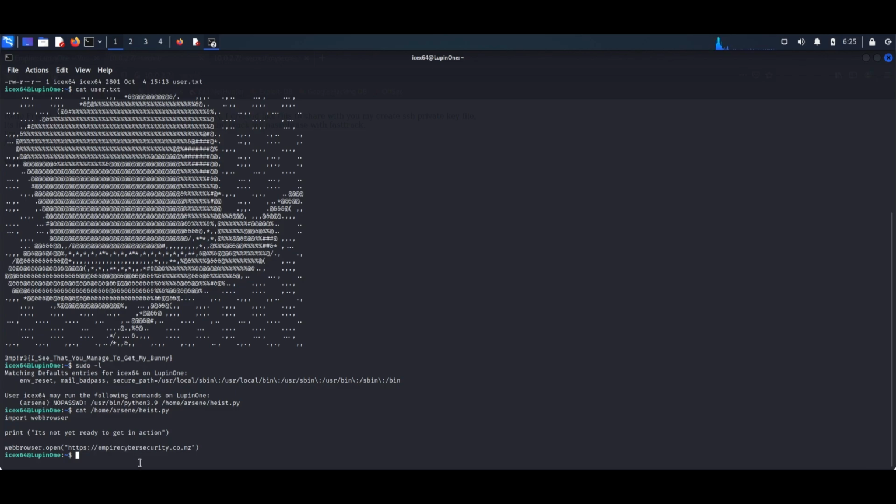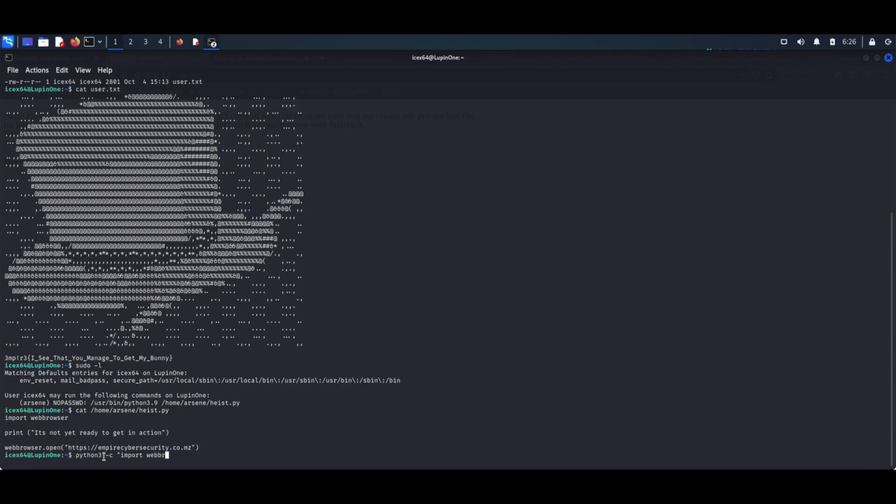So what we do here is let's check where the web browser file we import here, that library, is located. We can do that by running python3 -c, and we simply do import